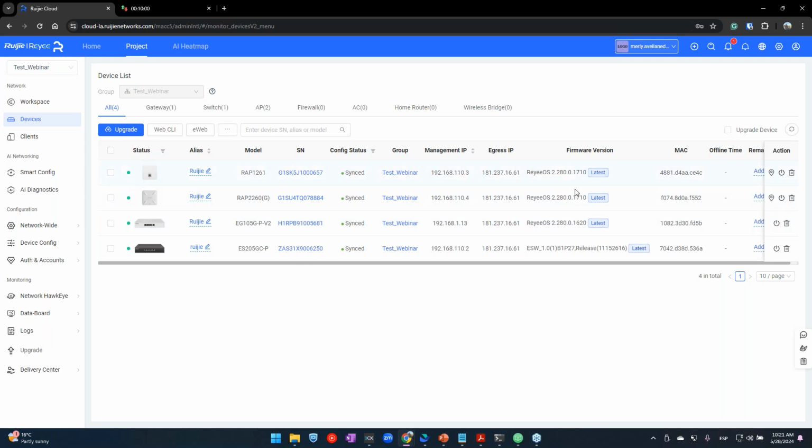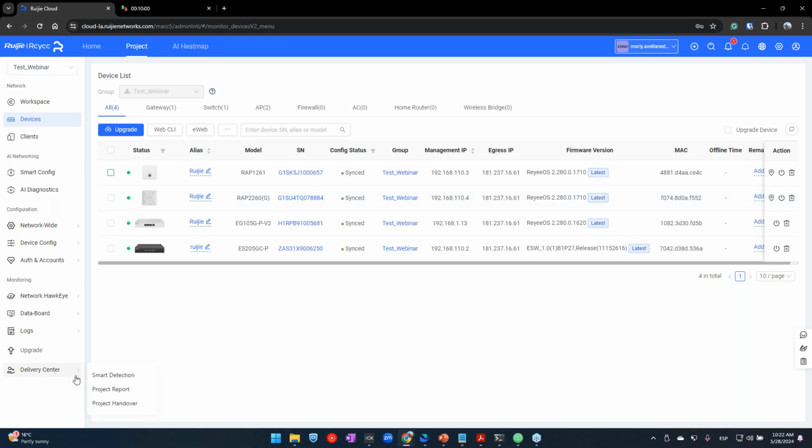For example, if I have to upgrade this AP, we only have to click here in upgrade, and we can do the tracking of this